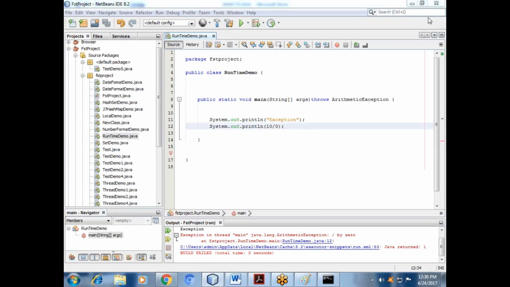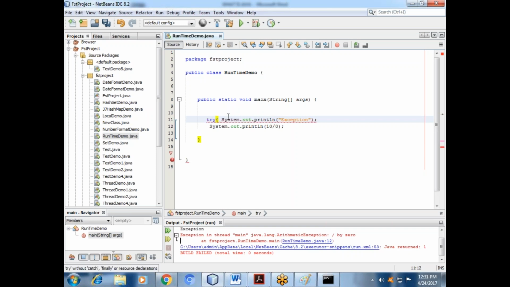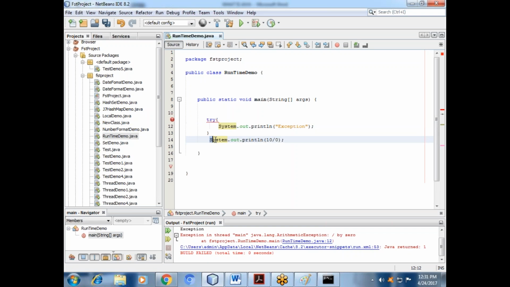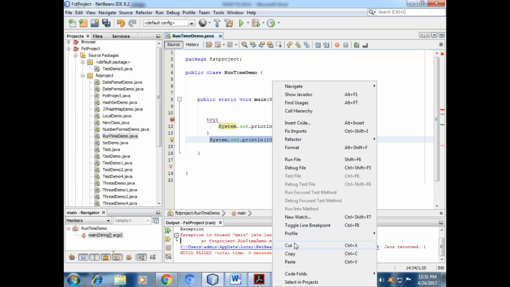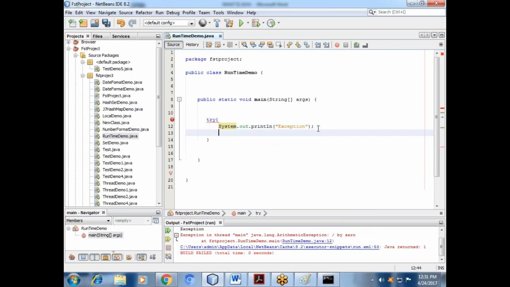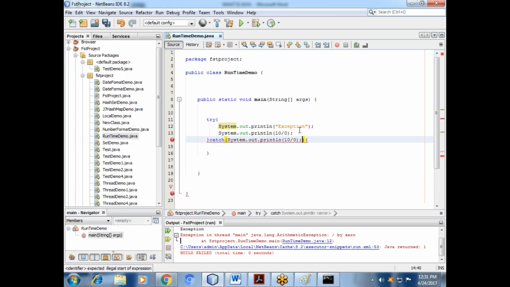Then we will go. This is the predefined one. Then how will you go to the user defined? Try.